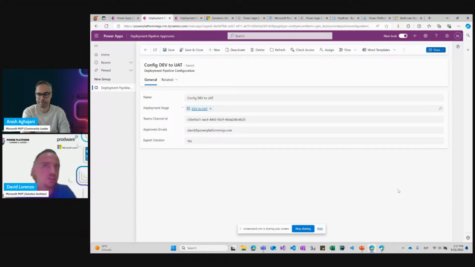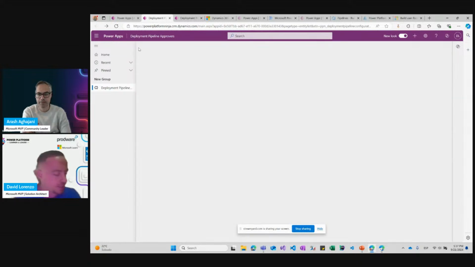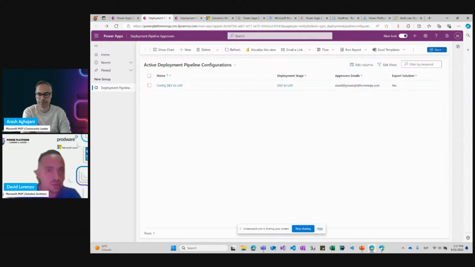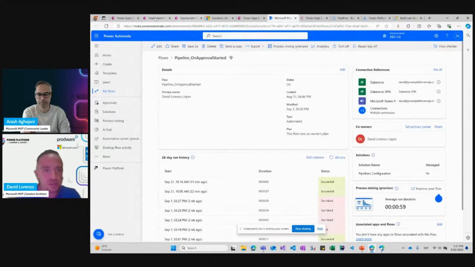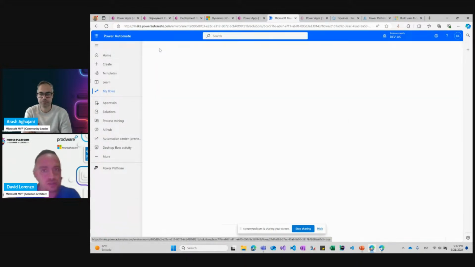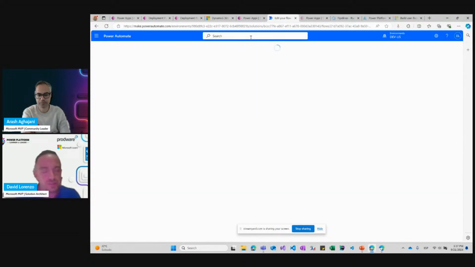So we are not interested in exporting the solution when we are deploying from UAT to production, but only in the first stage from dev to UAT. So we can configure everything here, and then we will see a little bit how we create the flow.